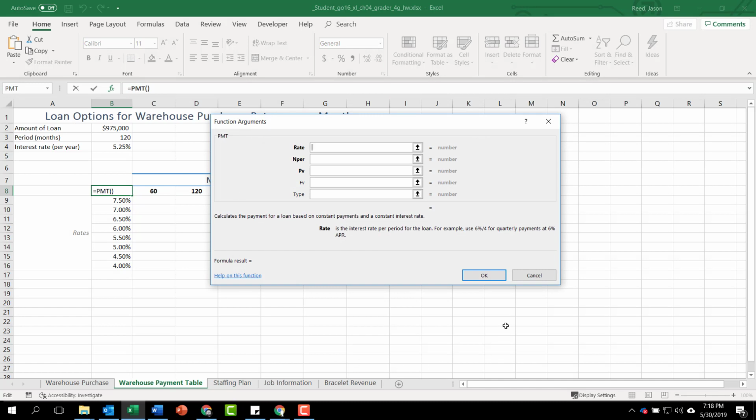And what we want to do is we're going to start off by using the rate, which is going to be B4 divided by 12. So we're going to type in B4, and then the divided by symbol is the slash and 12. B3 is going to be our number of payments. So we're going to type in B3 under NPER. And then our present value, our PV, is going to be B2, because if you notice, the present value of the loan is $975,000. So once we come down here and hit OK,